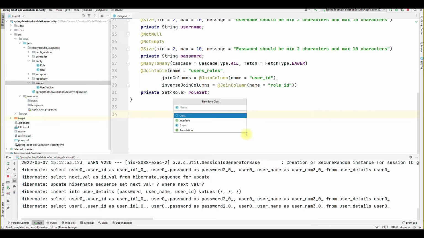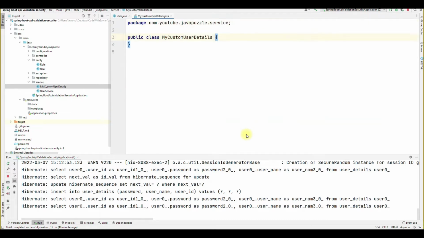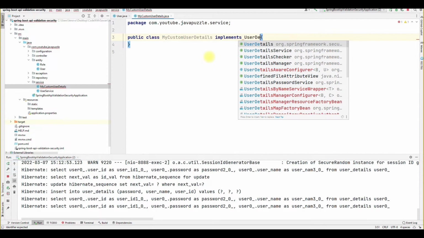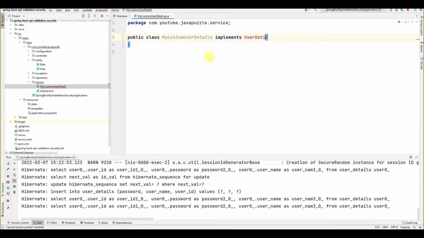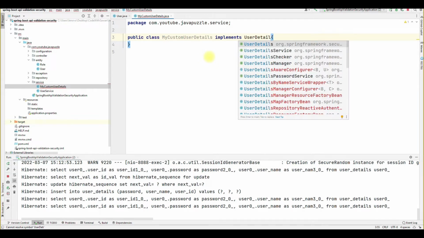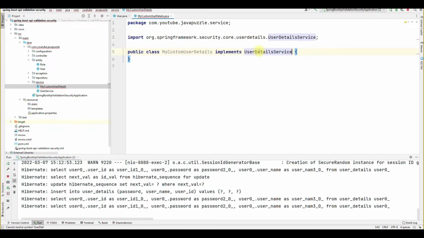The class can be anything, my custom user details service. In this service we have to implement our UserDetailsService.